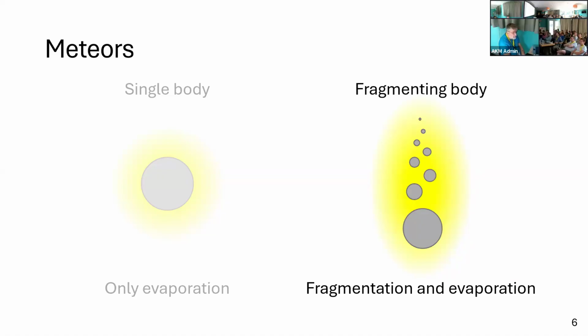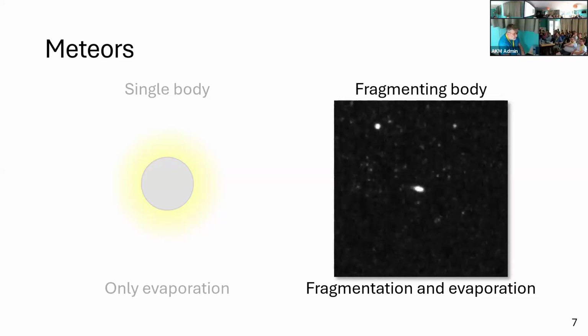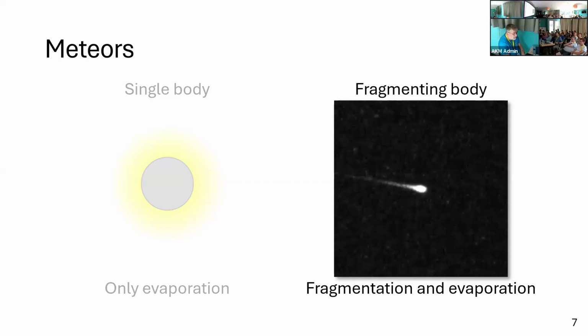And I can say that it is closer to reality because we observe the so-called erosion, which is the release of those small grains from the main body. This moving image was made by cropping each frame of our all-sky footage and centering it so that the meteor head is always in the middle. And you see a nice wake of those small grains that are released from the surface.